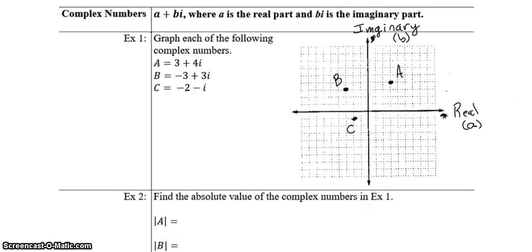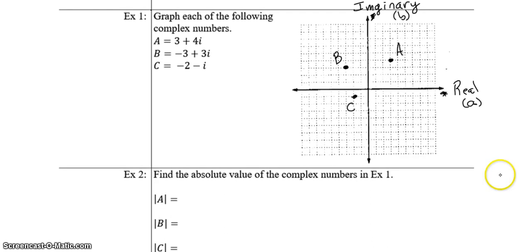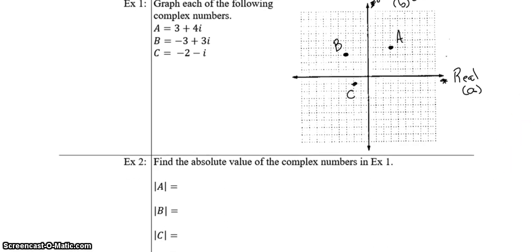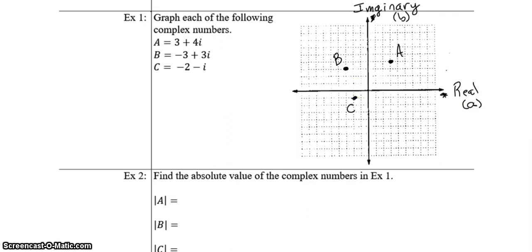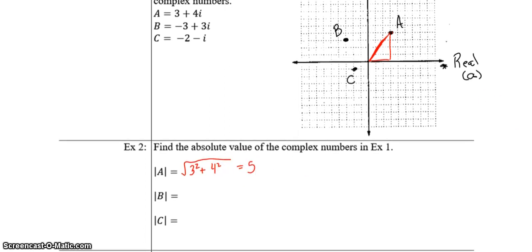Okay, now how do we get the absolute value of those numbers? Remember, absolute value meant what? Exactly. So how far is this? How far is a from 0? What is that distance? You're right. We get just the Pythagorean theorem. So b,